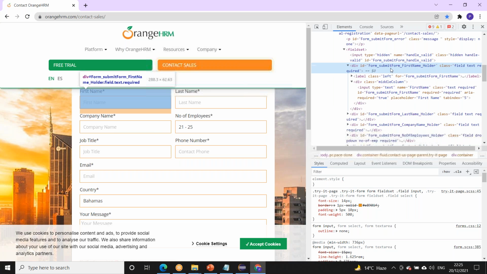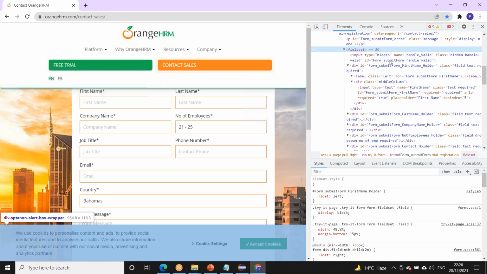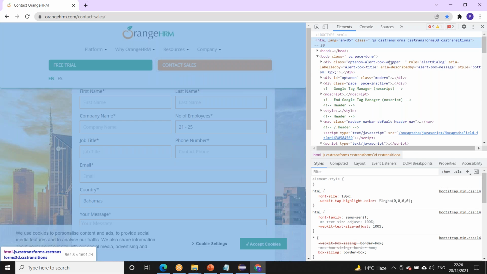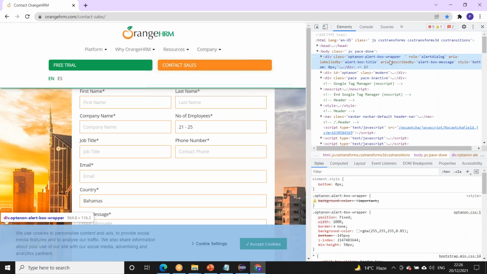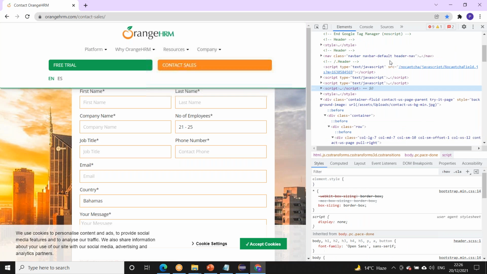This is the entire code for this entire page, written by the developer in HTML tags. Each head tag, heading section, body tag, all the elements are present. So you can see that.